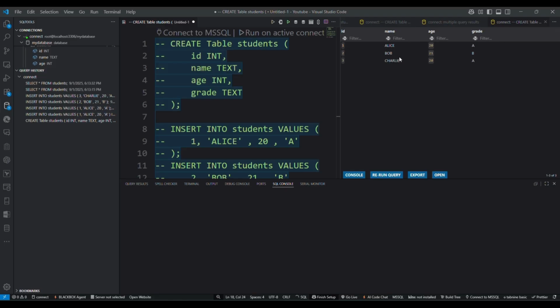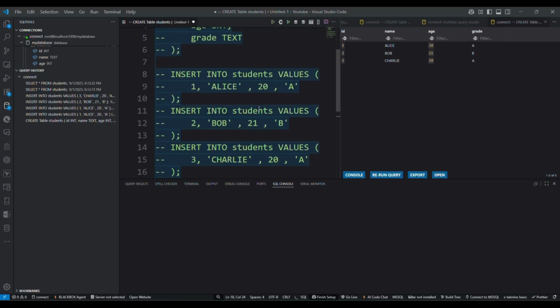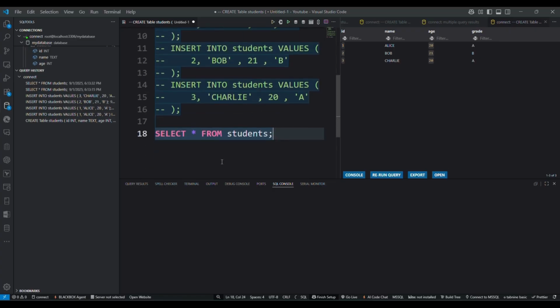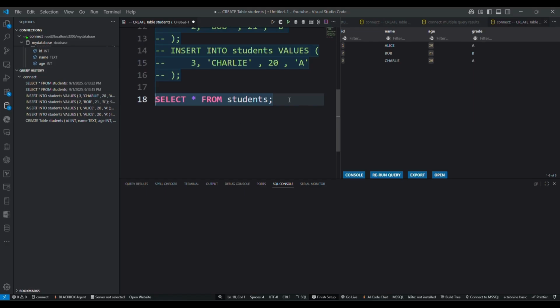So we can see the data, like 3 records that we inserted in our table students. Okay, so now that we have the data, let's learn how to actually use SQL to find information.